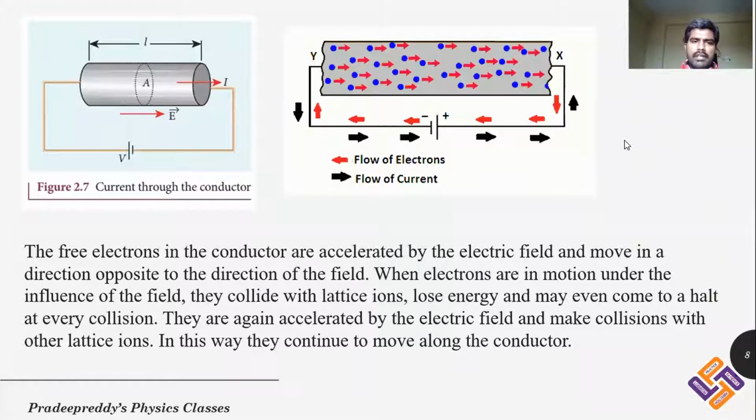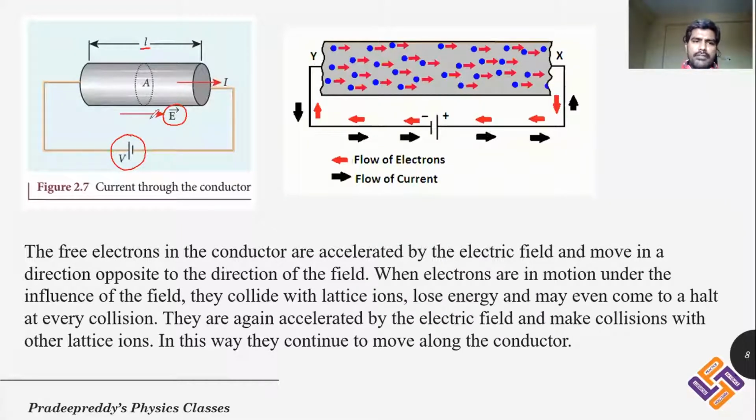Students, we have already learned about taking an electrical conductor and connecting it to an external battery. Here is the battery, and you are connecting an electrical conductor. This conductor is just a wire, out of which I am taking length L. When you connect the battery, it will set up an electric field, capital E, throughout this length, always pointed in the direction from the positive terminal to the negative terminal of the battery.